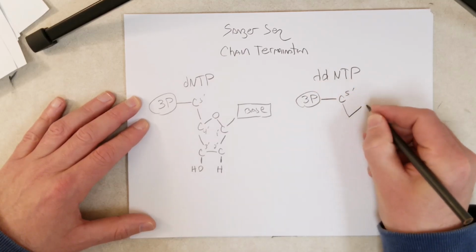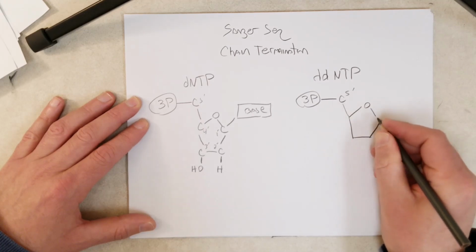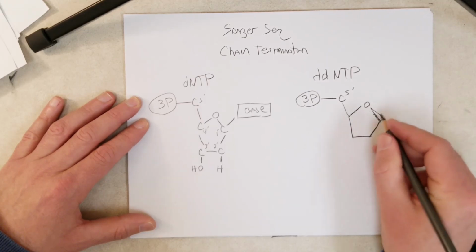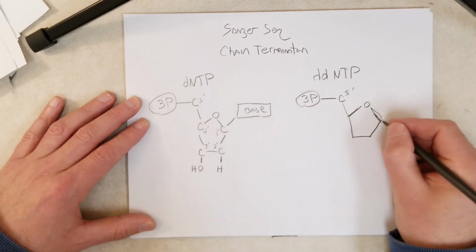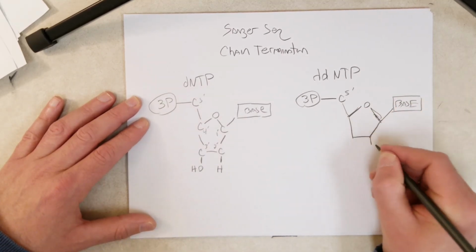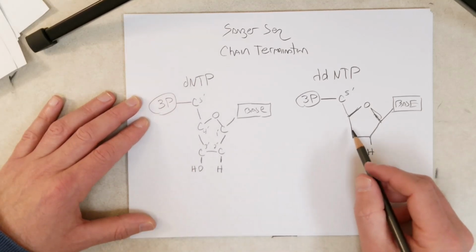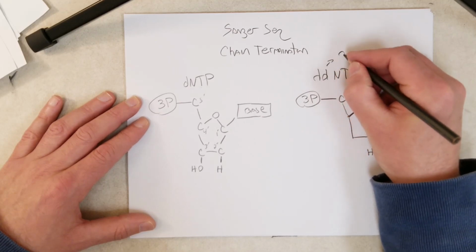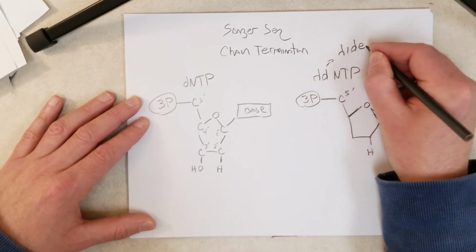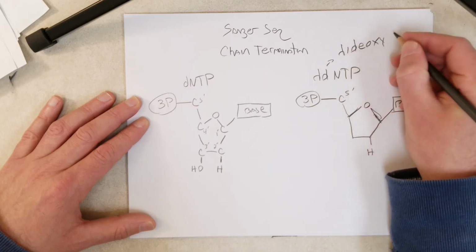So let me quickly diagram this. Instead of putting the carbons, I'll just put the little angles, meaning that's a carbon. There's the base up there. So there's the H for the deoxy part. Now, I should say this, if you don't remember from the previous video, DD is dideoxy